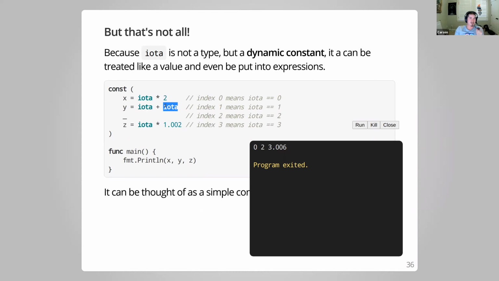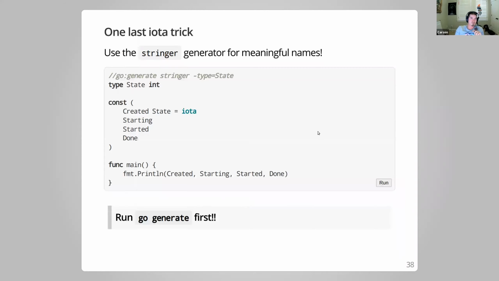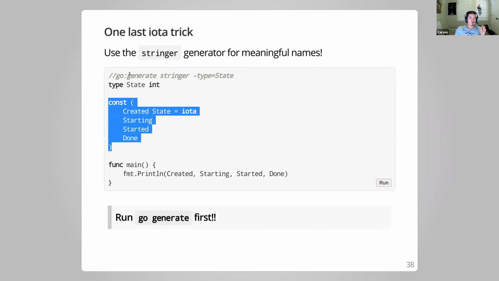But the takeaway is that iota is not a type, it's a dynamic constant. And it changes value on every single line, which is pretty cool. I also want to bring up one last thing about this bit of code, is that you can use GoGenerate,